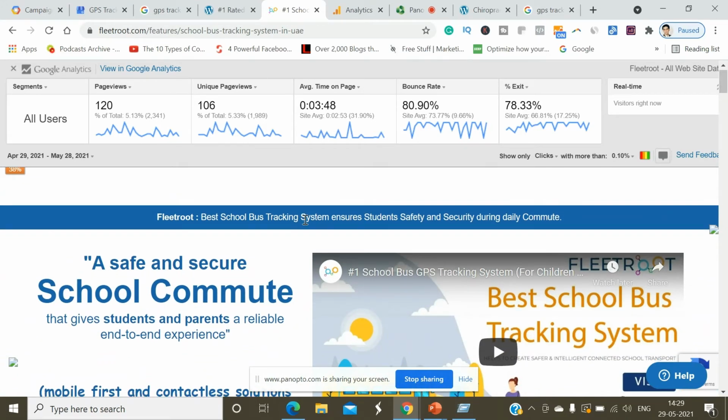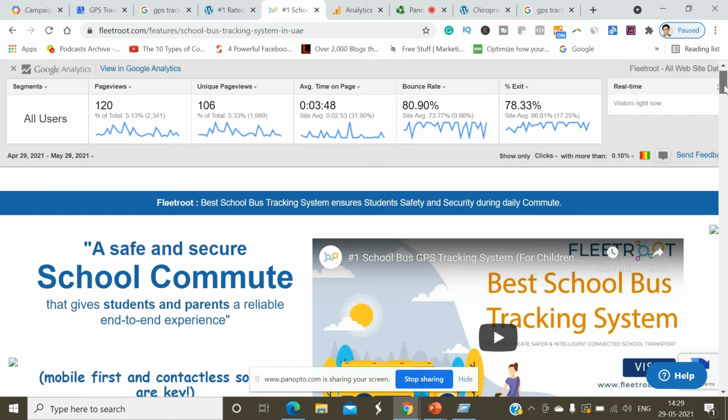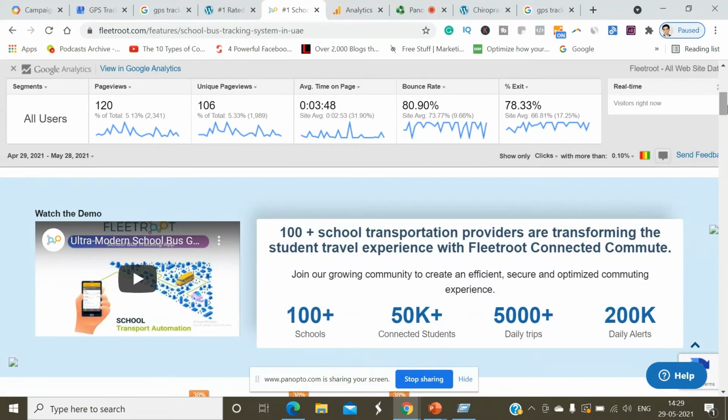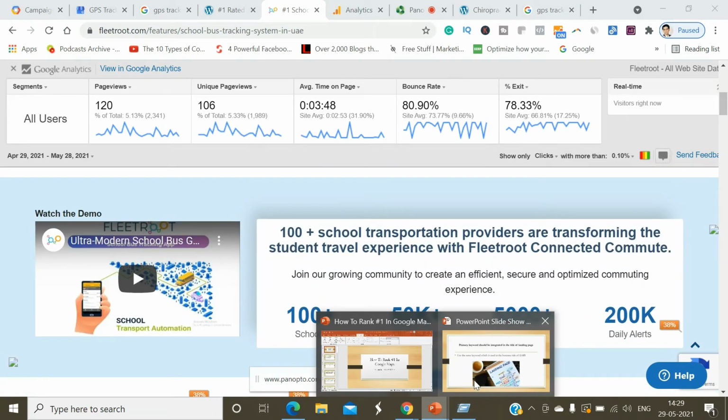See, school bus tracking system. Okay, so this is the primary keyword we have integrated here, right? All right, guys. So let's move forward.